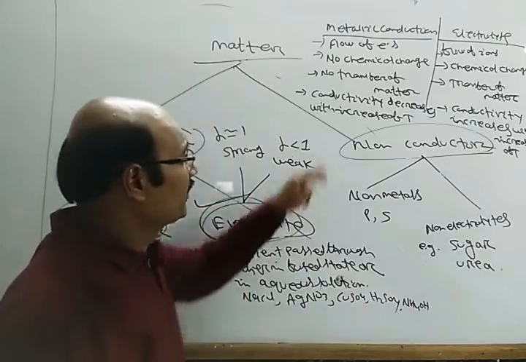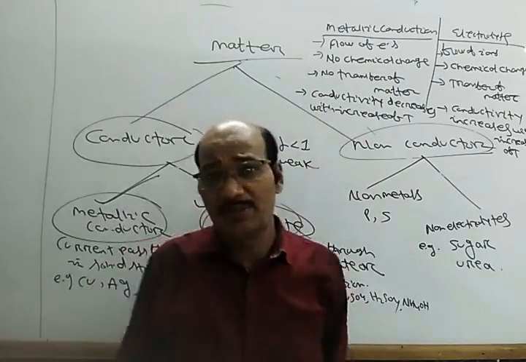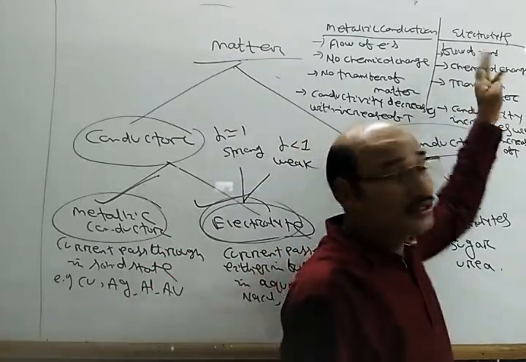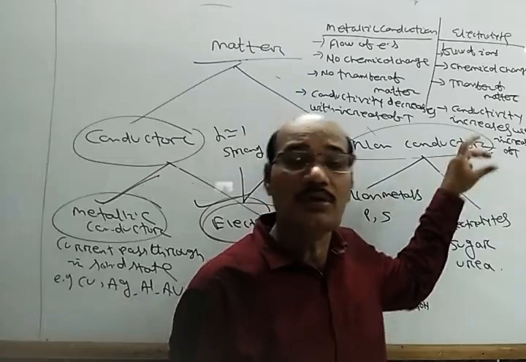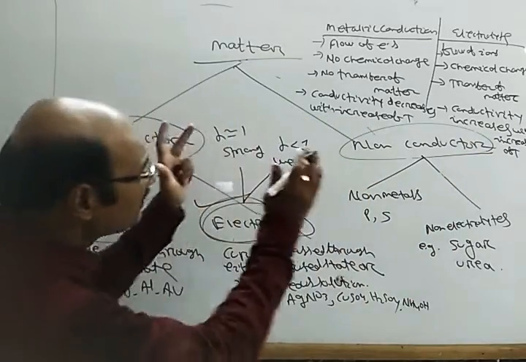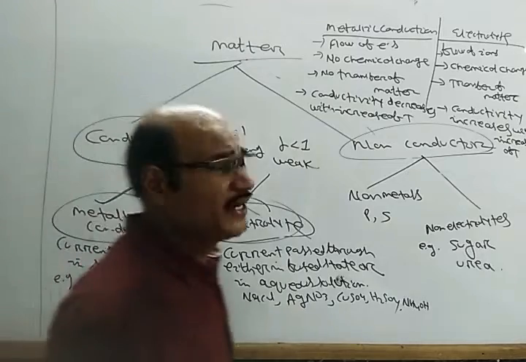Then in case of metallic conduction, the conductivity decreases with increase in temperature, but in case of electrolytic conduction, the conductivity increases with increase of temperature. So these are the basic differences between the metallic conduction and the electrolytic conduction. Also, the